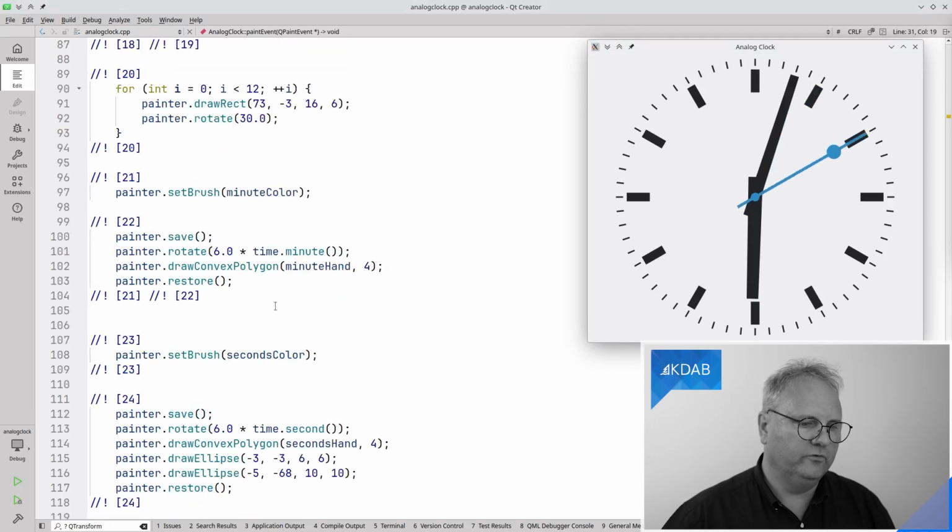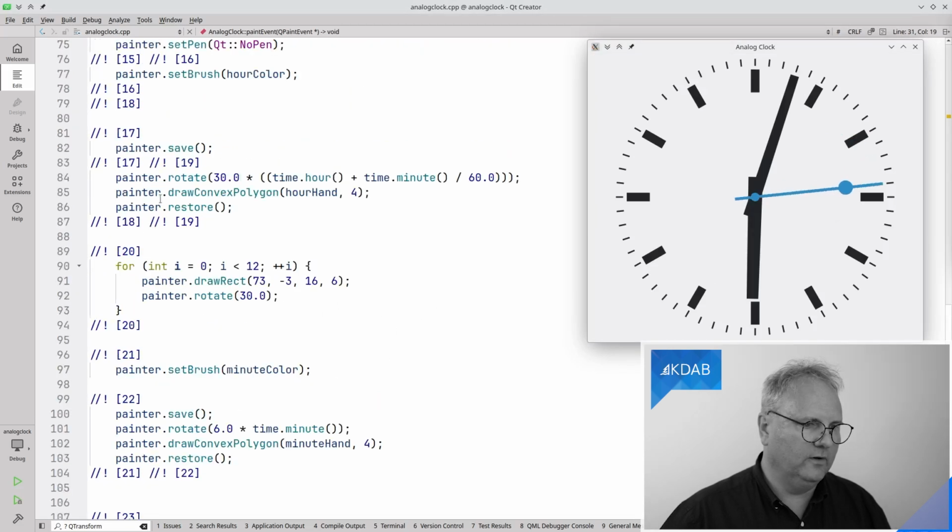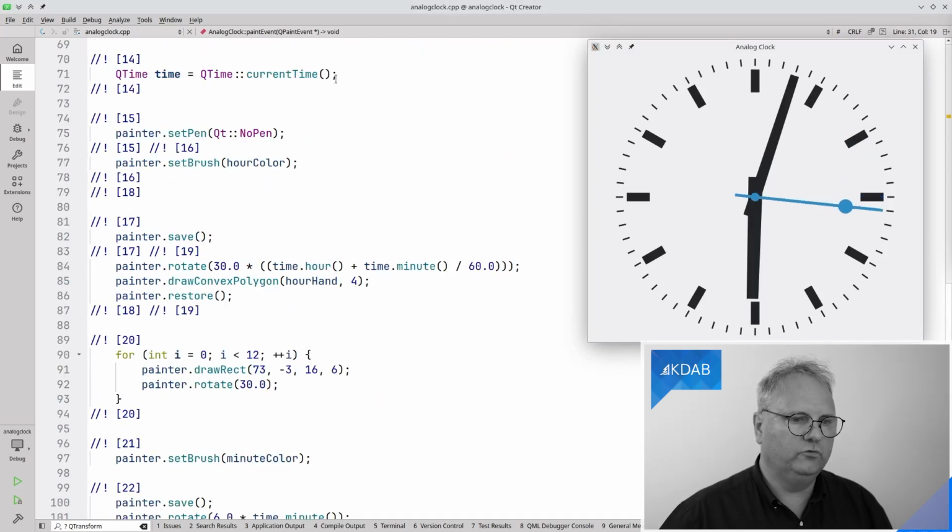Finally, the code for actually drawing the arms up here is a similar thing. I go and find myself a QTime, current time, that's the time right now, and I simply rotate. This must be the hour hand I'm drawing here.